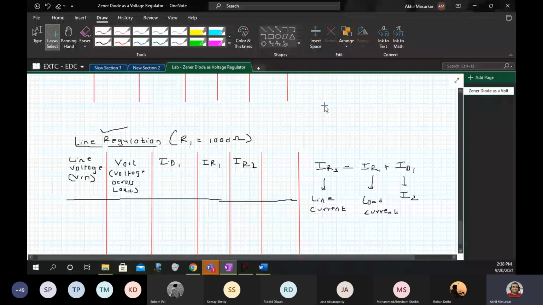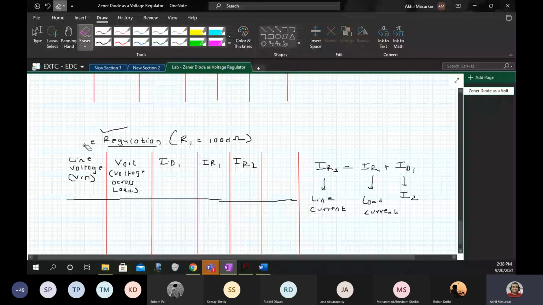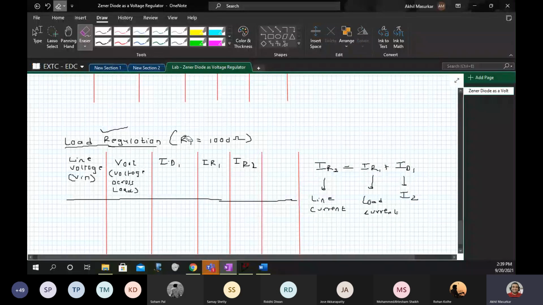So in case of load regulation, here we will not have this. We will write load regulation, and here this will not be the same.